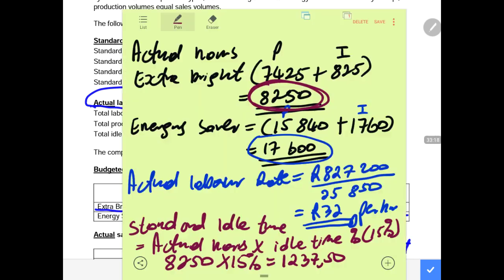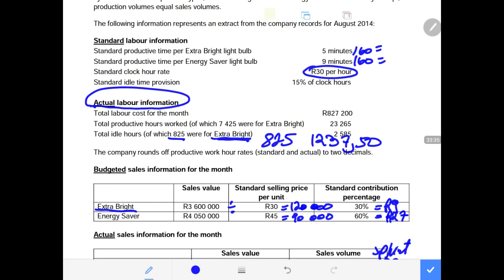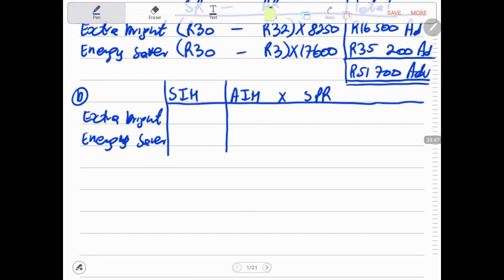1,237.50 that we have just calculated. These are the hours they're supposed to have idled, but they only idled a total of 825. So now that means at least it was good, because there was less idle time than what was expected. So now if that is the case, we record our standard